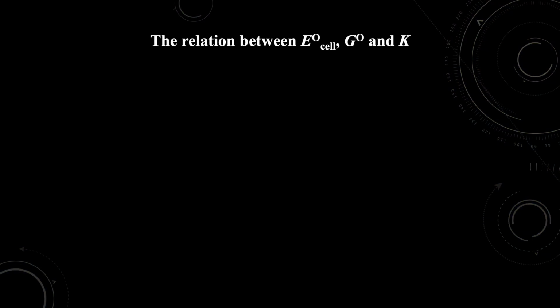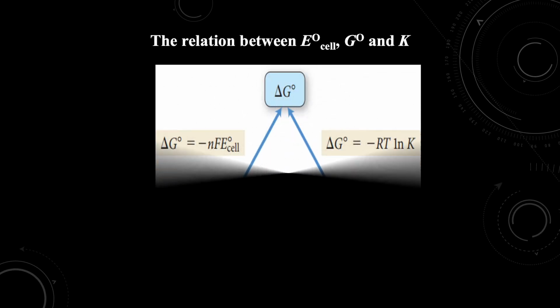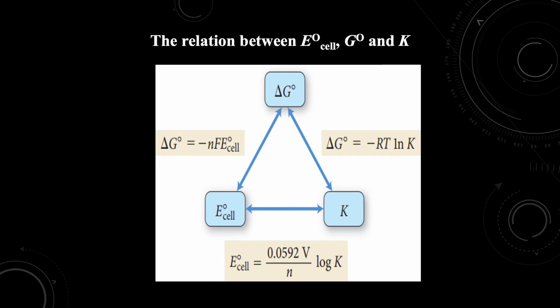To identify the relation between E naught cell, delta G naught, and K, note that the fundamental quantity in the given relationships is the standard change in free energy for a chemical reaction, delta G naught. From this quantity we can calculate both E naught cell and K. The relationships between the three quantities are summarized with the following diagram. So delta G naught equals, on the left side, negative n F E naught cell, and below, E naught cell equals 0.0592 volts over n times log K. And on the right side, delta G naught equals minus RT ln K,